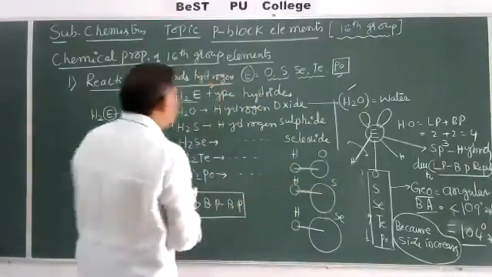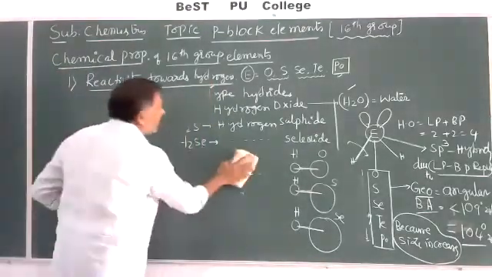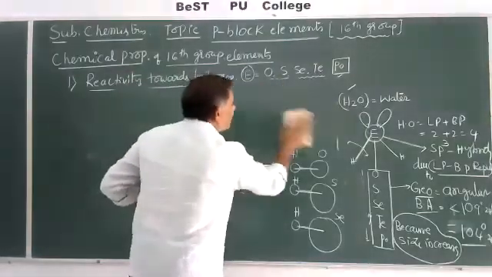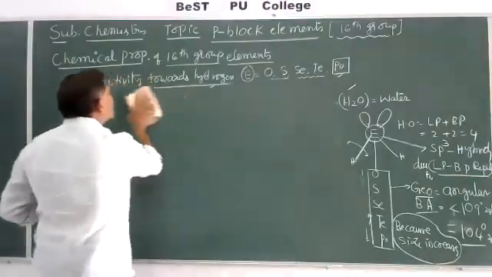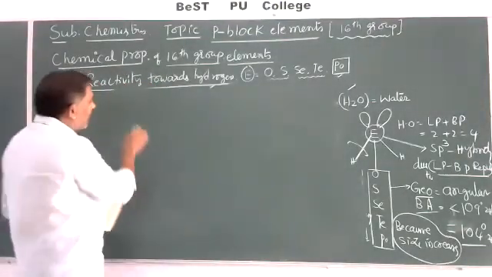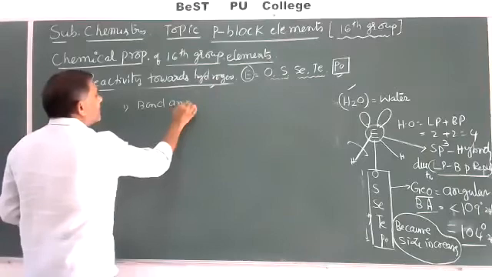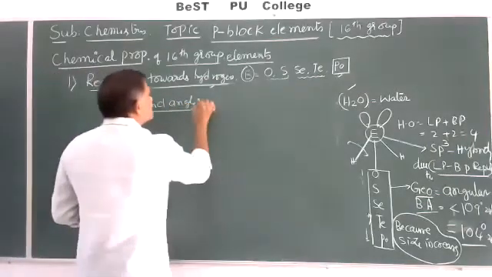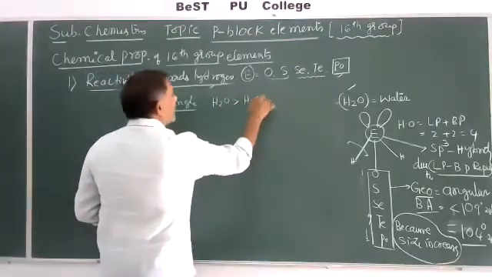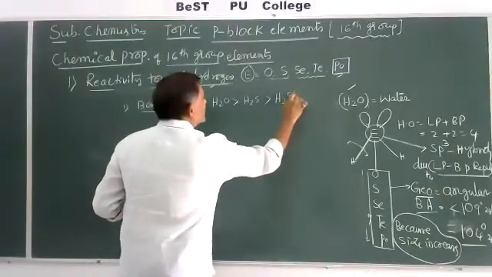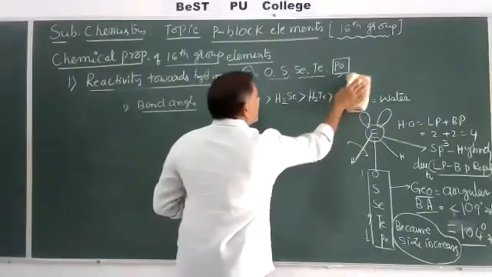That's why, based on this structure, we can make some important points for objective as well as theory questions, based on structure, bond angle and repulsive forces. Your first one is about bond angle. The bond angle is more in H2O compared to H2S, compared to H2Se, compared to H2Te, compared to